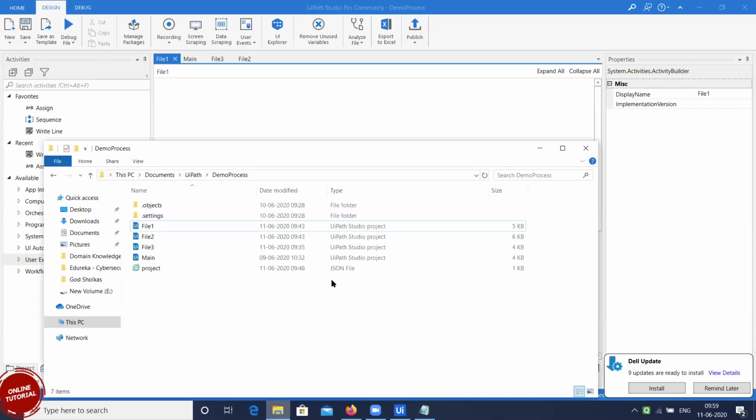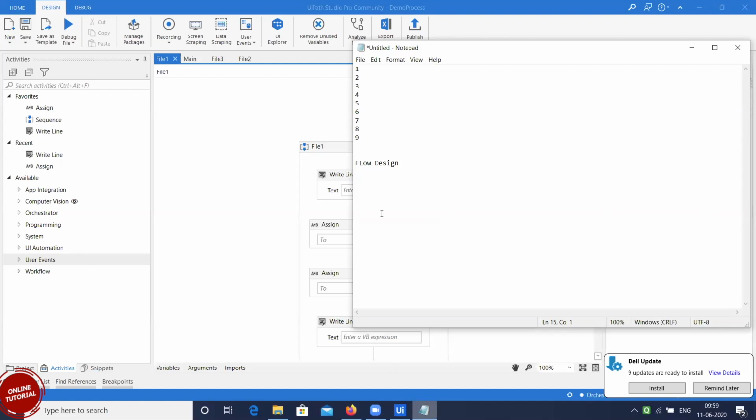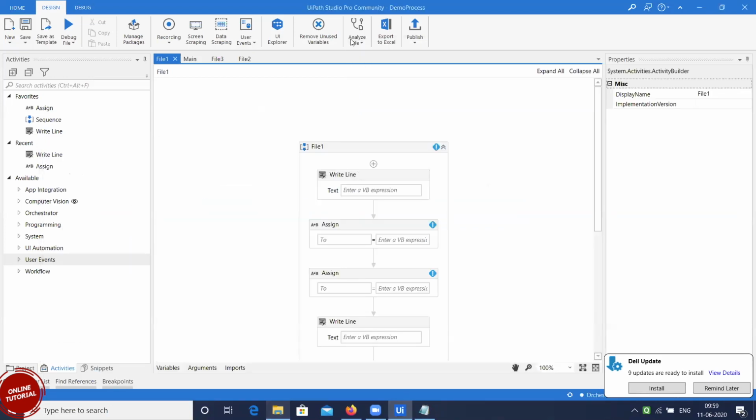This entire structure, the way you have designed it, will get saved in a file. The name is like this: whatever project name you have given, then the version that was last used, and then the extension is .nupkg. It's nothing but a new package. So if you send this file to Orchestrator, your process gets deployed. You don't have to send individual files or folders. It's always this entire package that we are going to send. So when we come to Orchestrator, we are going to see this.